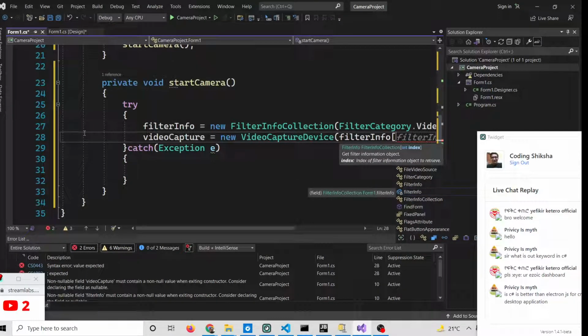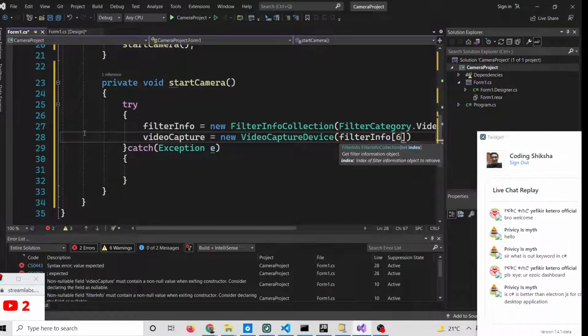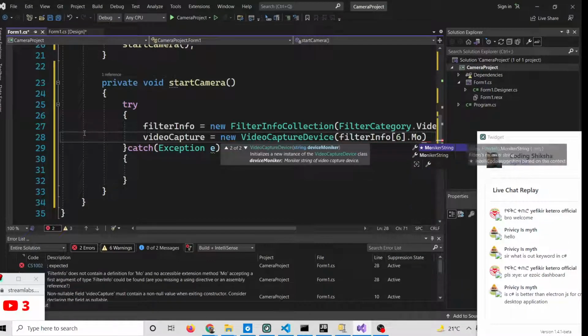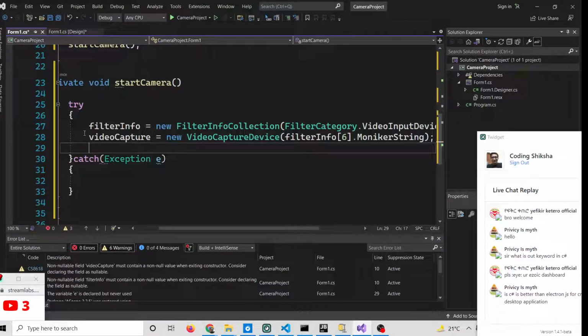Depending upon your computer, your USB camera will be at a different position. My position is 6 here, so I will provide 6 here, and then dot moniker string semicolon, and after that